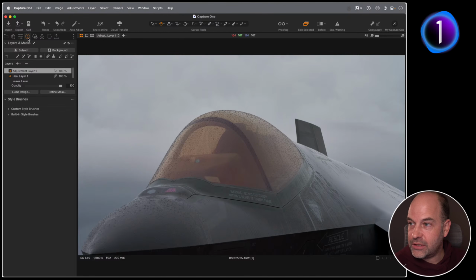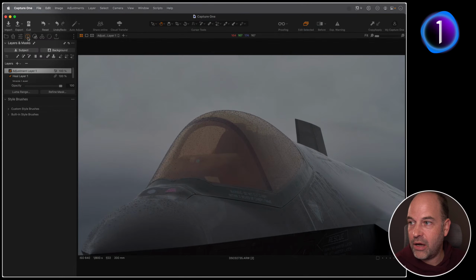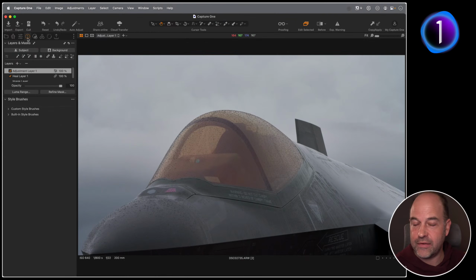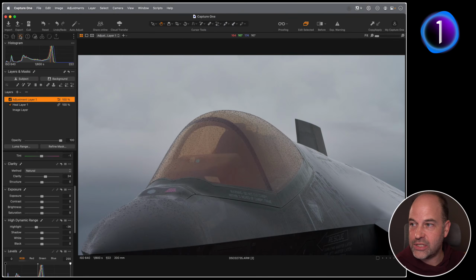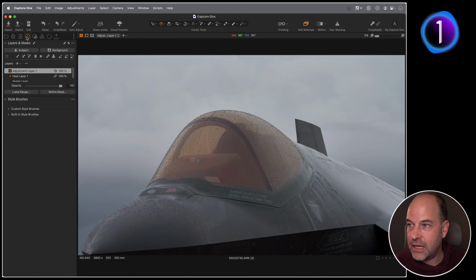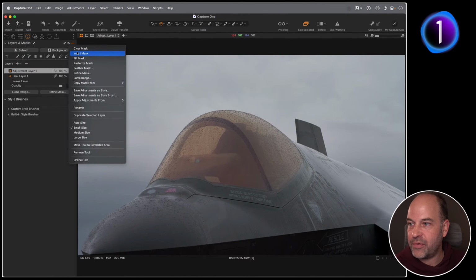Now, something which I've embraced a lot is style brushes. And what I've done is I've made my own tool tab specifically for style brushes, because otherwise I find that this part of the interface gets too cluttered. A second thing that I've done, now that this tool is growing, because there's more options, the interface is getting a little bit bigger. I prefer to set this to medium size, and that means I've got better visibility of my layers, so I'm not having to scroll up and down to find the different layers.